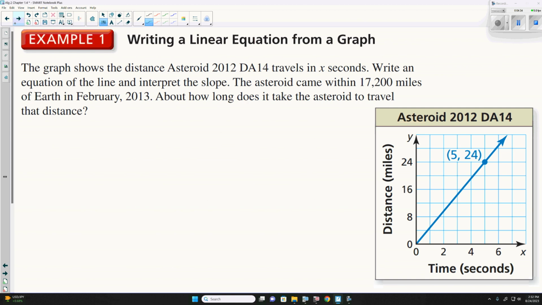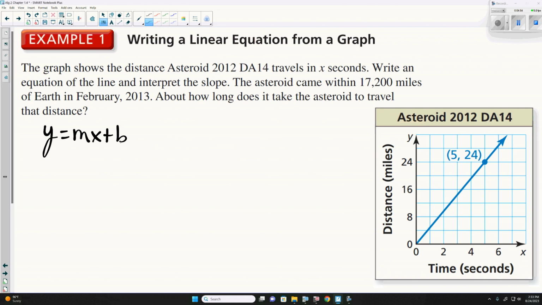Okay. So we have several things we need to do. The first thing we need to do is find the equation of the line. Now, eventually, we do want to get it in the form of y equals mx plus b. That's our goal. And to do that, we need to find the value of m and b. m is the slope and b is the